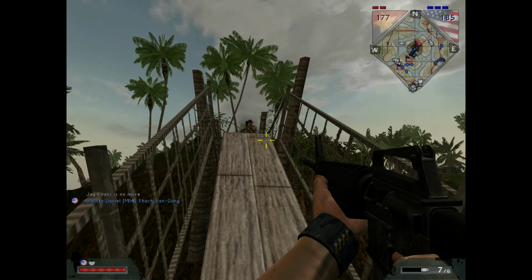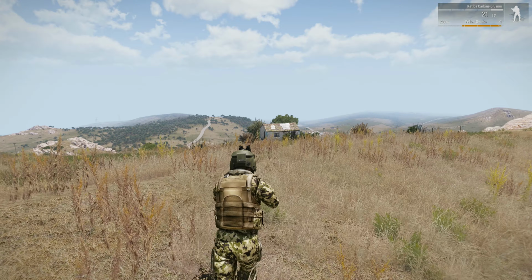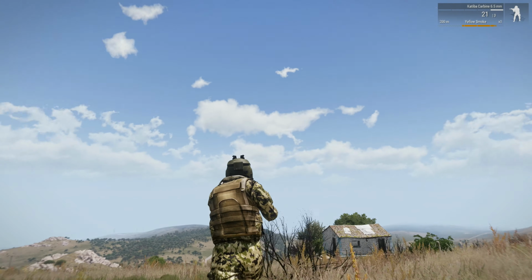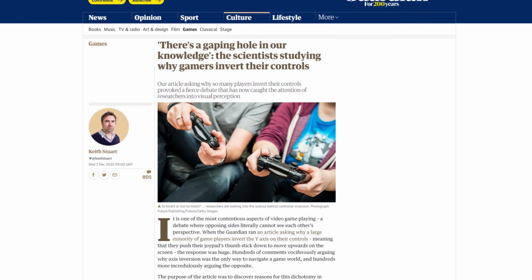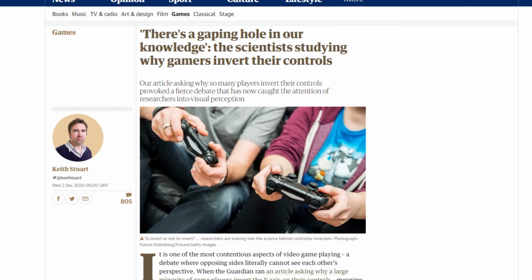It's a debate that's divided gamers for decades. To invert or not to invert? That is, your y-axis, the up and down look direction. Back in December, a friend linked me to an article that put forward this y-invert question to passionate response, even